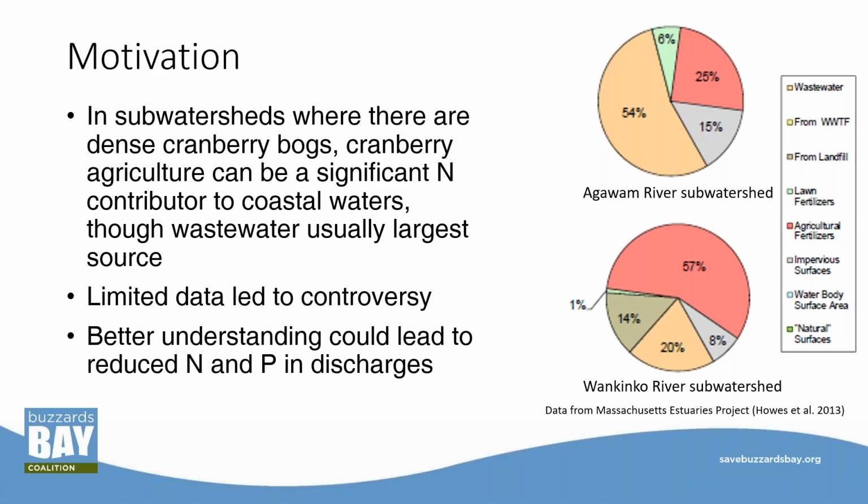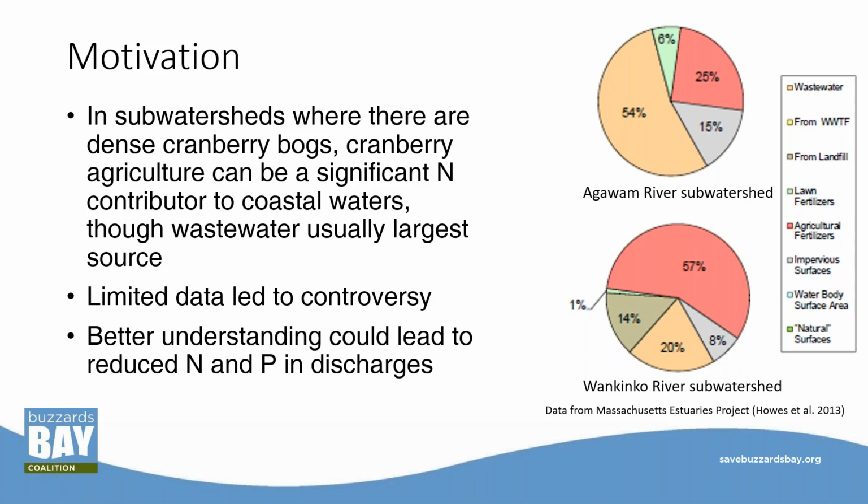In sub-watersheds where there are dense cranberry bogs, cranberry agriculture can be a significant source of nitrogen to coastal waters. Though, again, wastewater is usually the largest source in our area. But these pie graphs on the right show the balance of sources. The tan color is our wastewater, and these are two subwatersheds of the Wareham River. And then the pink color is the cranberry agriculture. And you can see, where we have dense cranberry bogs, it can be an important source of nitrogen to